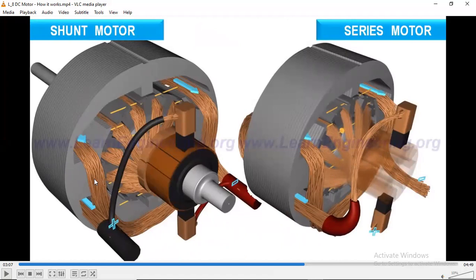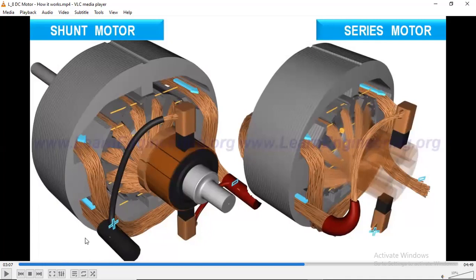Shunt motor means the field winding is connected in parallel. Here you can see the field, the armature, and the housing in 360 degrees, and this is the field winding. The field winding and the carbon brushes are connected parallel to each other, meaning that one wire of the field